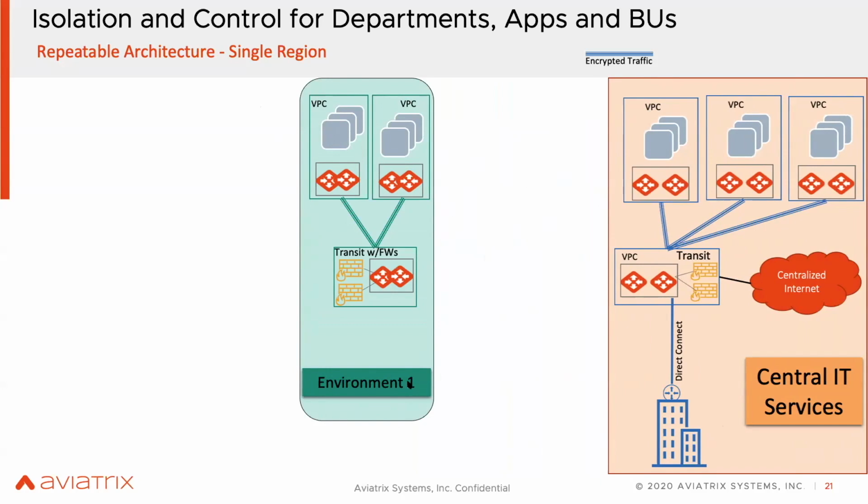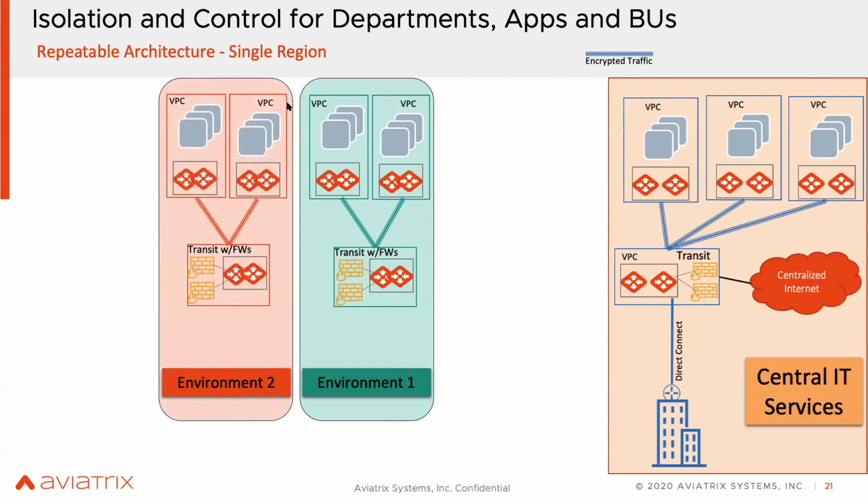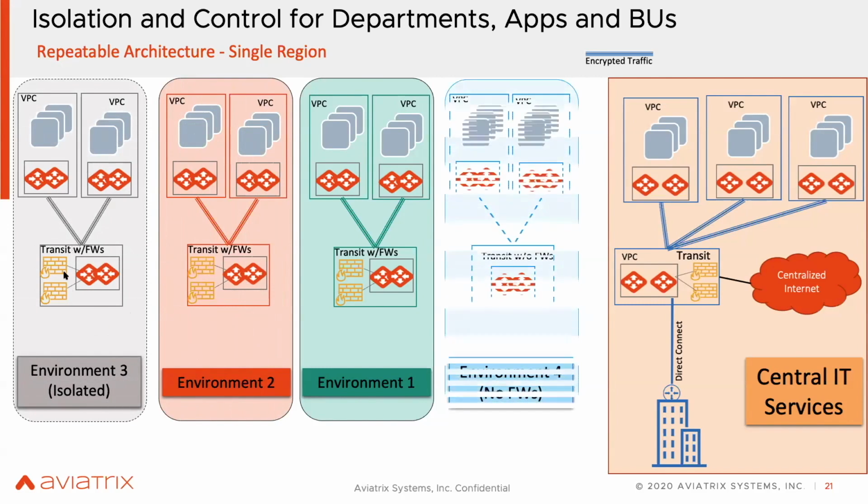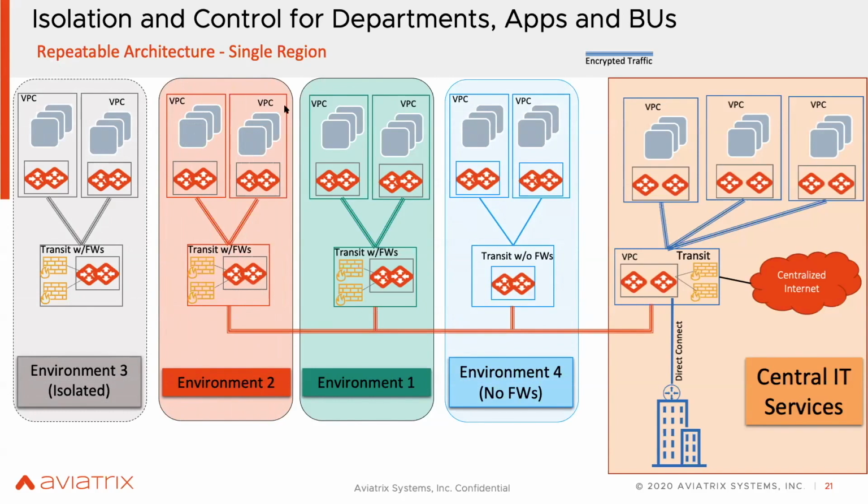So this business unit one says, I want to manage my own firewall and my own security policies because I don't want to be under this central IT services control. So okay, we can definitely support that, not a problem. Second environment comes in, they have the same requirement, not a problem. Third, these guys are saying, I'm completely isolated. I want to manage my firewalls, but I'm isolated, so no problem, you can do that. So this is how you achieve this goal of connecting these different business units or different tenants, if you want to call them, with the same architecture, with the flexibility that they need.